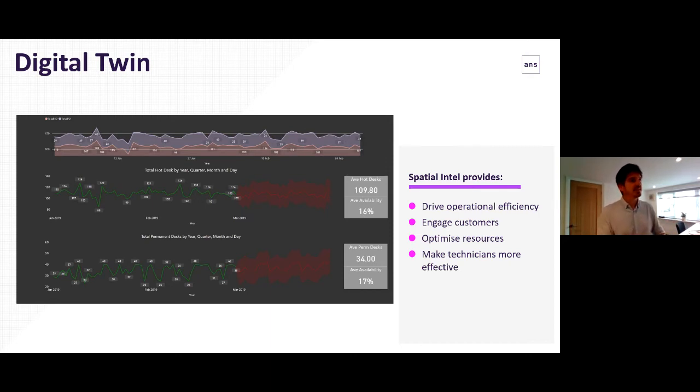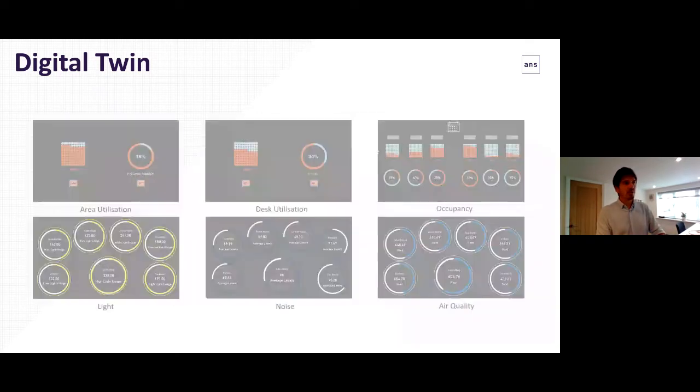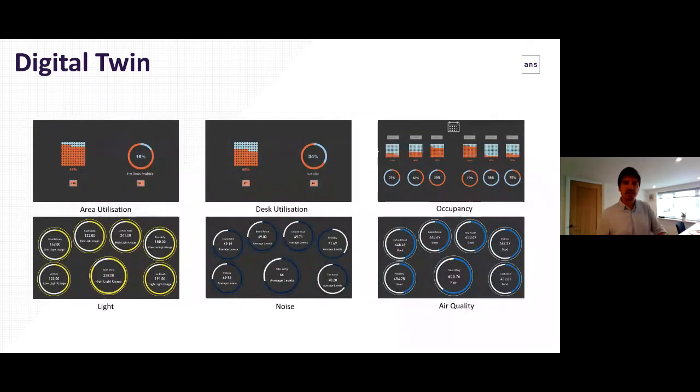So a couple of these are hot desking locations, but we built more out for them as well. We built out area utilization, so what areas are being used and not used. And this was more around, obviously it's quite a lot of expense per square foot, and if a large chunk of that was on a reception area that was never used and people just quickly walked through there, then should they refactor that and bring more desk space into that area?